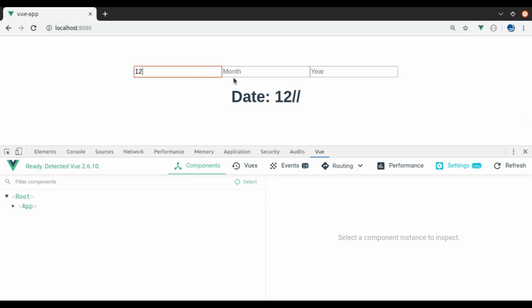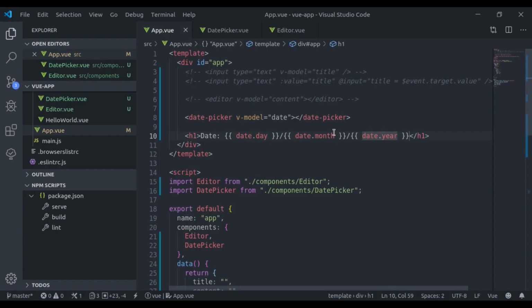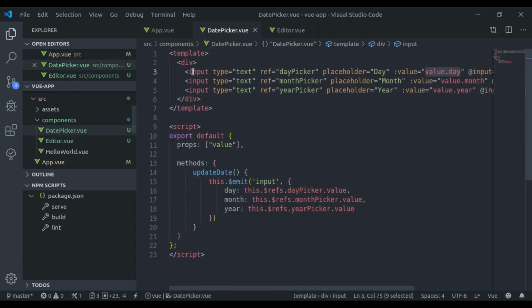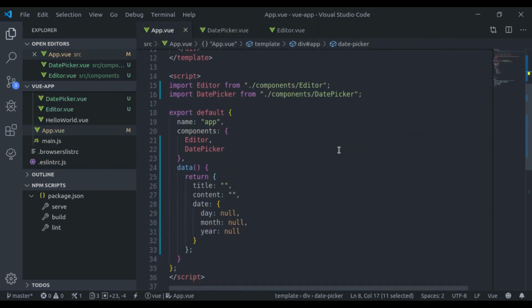Here you see, now you can see it is working. We have bound this v-model to this date picker component where we have 3 input fields.